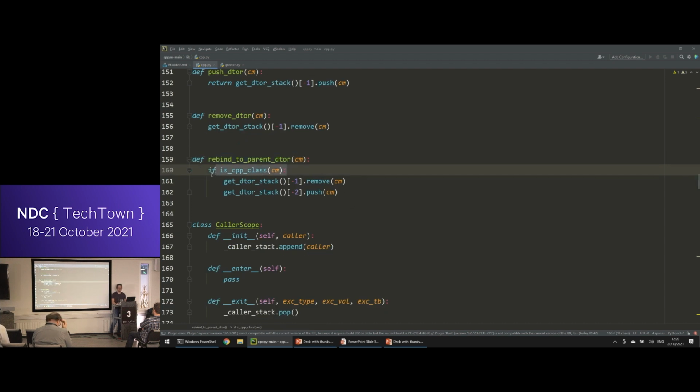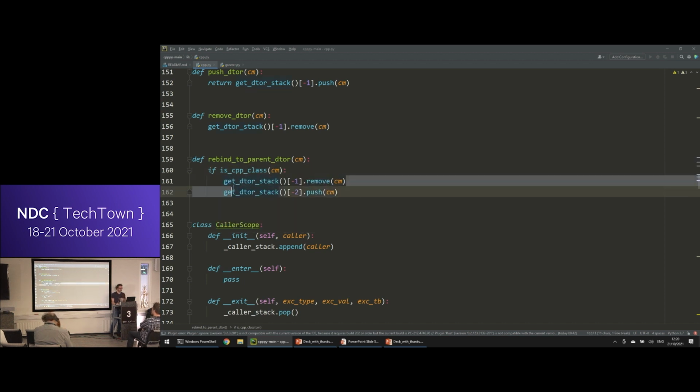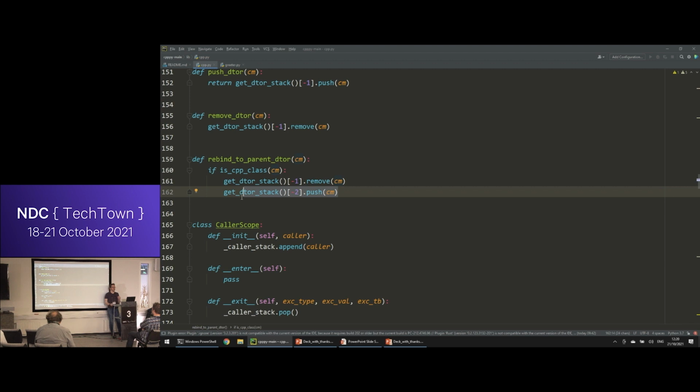We check whether the function is a CPP class function, whether the object is a CPP class object. If it is, we remove it from the current scope and push it into the parent scope. And then we can return values freely. Passing arguments, however, is a completely different subject, and we are not going to cover that. Essentially,